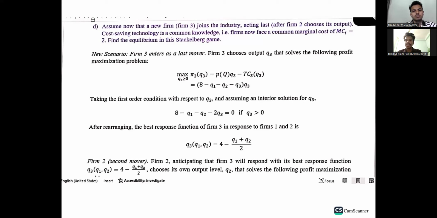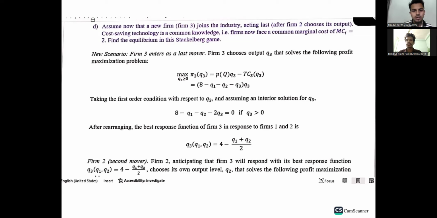The last mover is farm 3. As farm 3 is the last mover, we have to derive farm 3 first. Yes, and let's continue. Farm 3's profit maximization: finding 8 minus q1 minus q2 minus q3 times q3, and the first order condition with respect to q3, and finally we find the best response function of farm 3 is q3 equal to 4 minus q1 plus q2